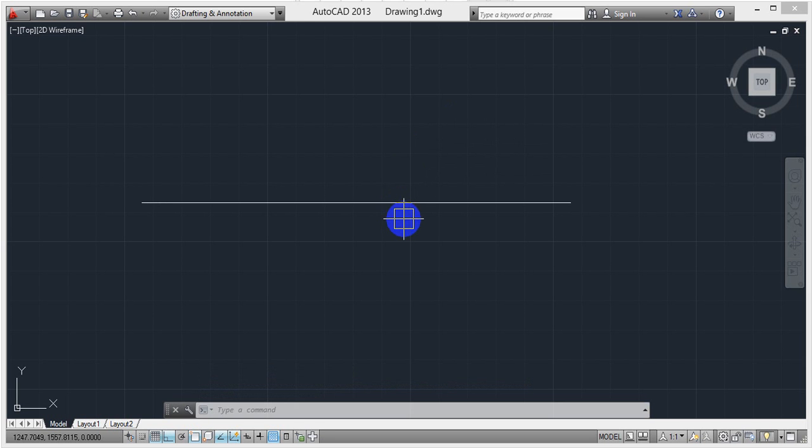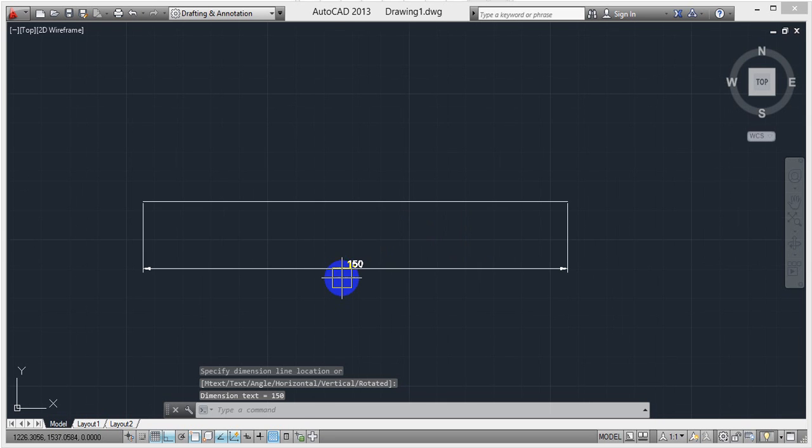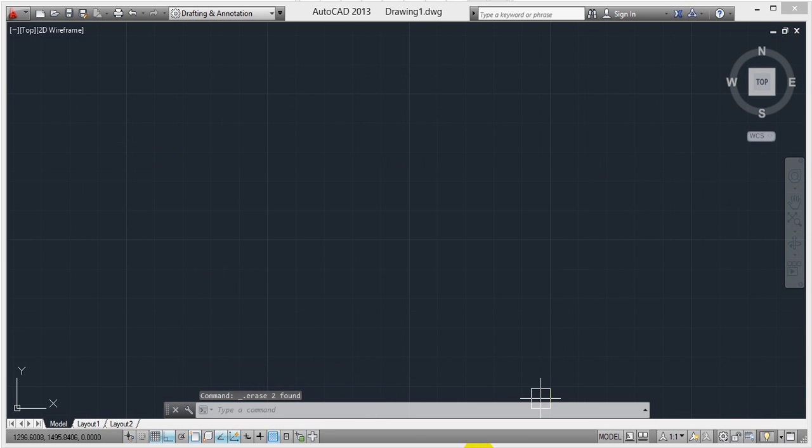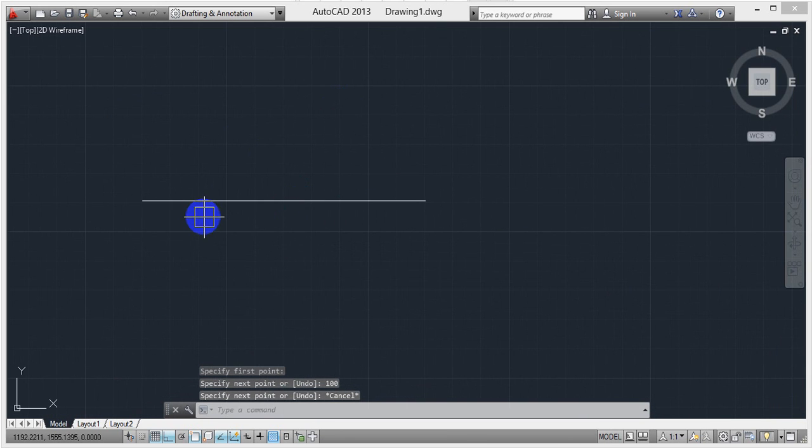Simple lines. DLI, double enter, see the value, it's 150. Next, delete. Next the remaining line, L, enter, 100, enter, escape.